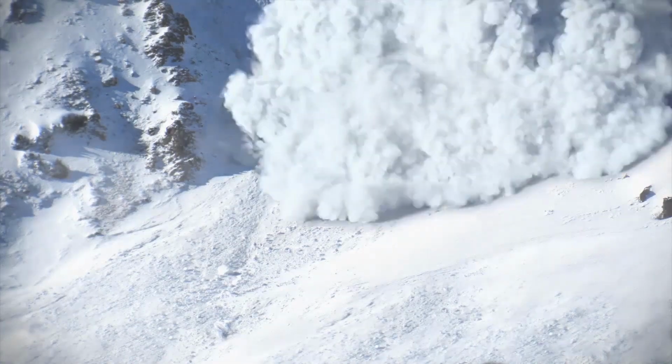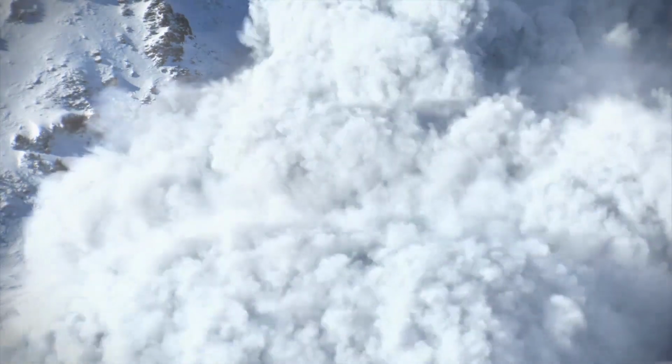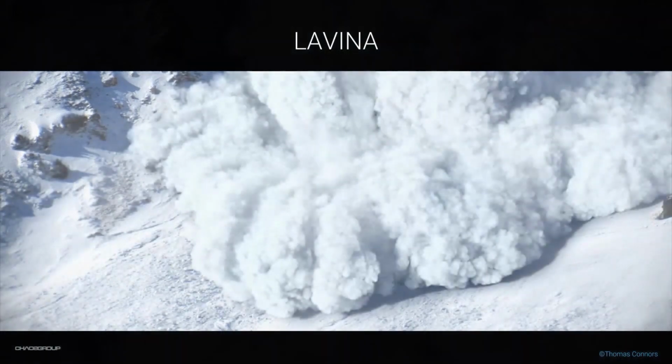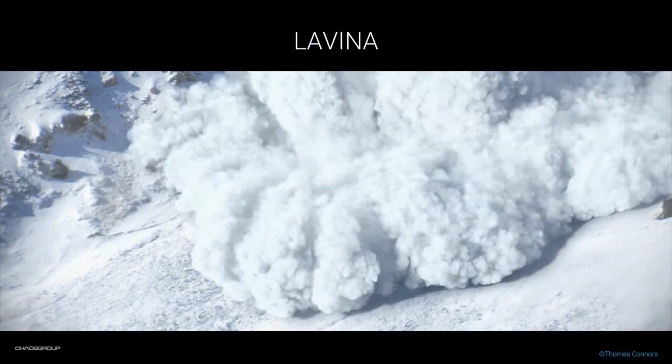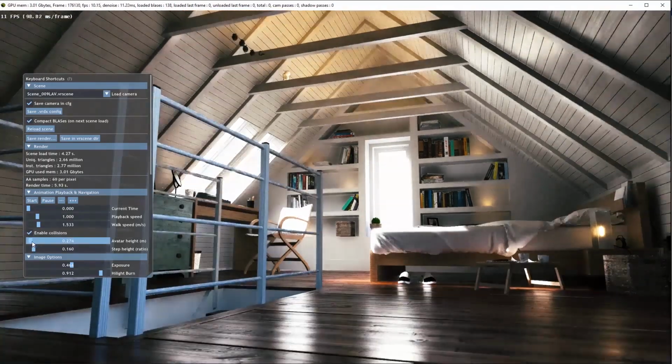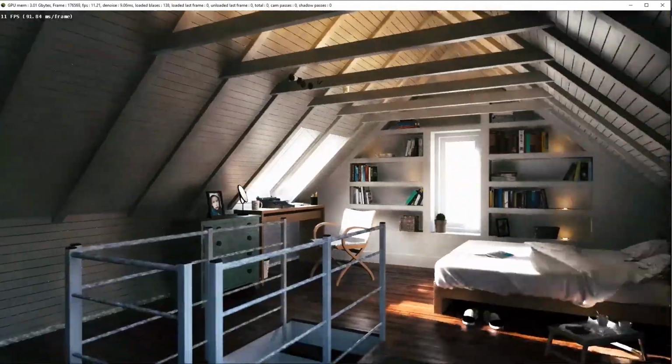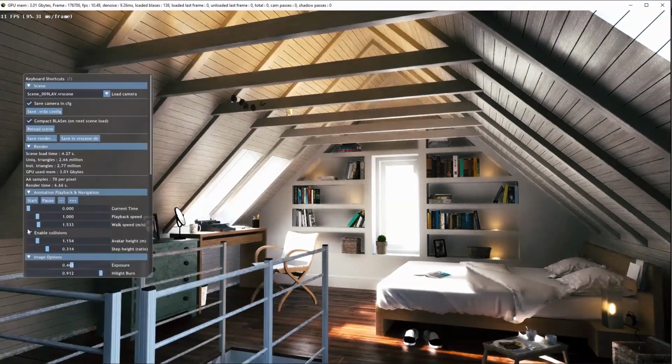Something else exciting is our work in progress, Project Lavina. This is a real-time ray tracing solution, and although it is still in development, it is creating an avalanche of opportunities for rendering enthusiasts and professionals alike. It takes advantage of NVIDIA's cutting-edge hardware in its RTX graphics processor series to deliver a real-time experience with unmatched quality and speed. You can also easily import your V-Ray scenes using the VRScene file format and take full control